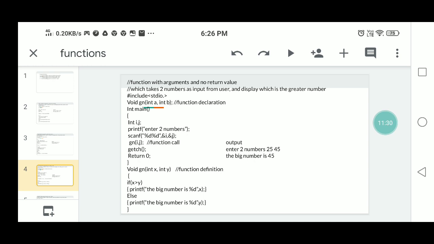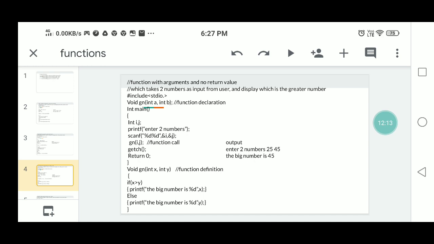Whenever it receives the values from i, j, those are 25, 45 from the actual arguments, so it can check the condition. Then next, if the condition is true, automatically print that the value of x is higher. If the condition is false, automatically print that the value of y is higher. So it takes the arguments from the main, it takes the values from the actual arguments, but it cannot return the output to the main.